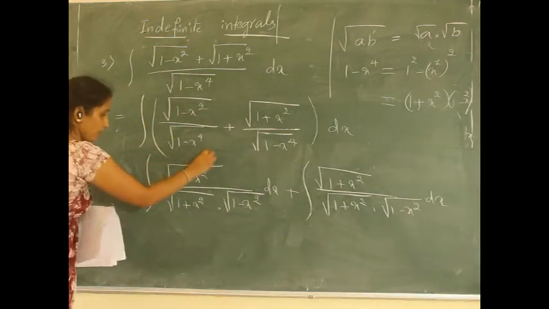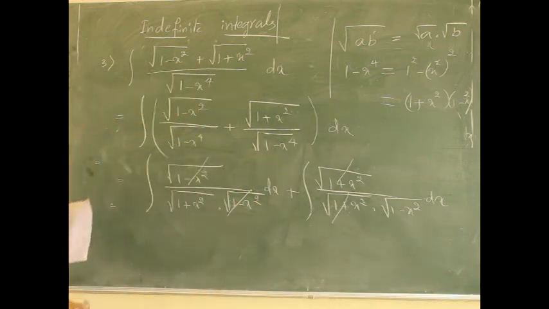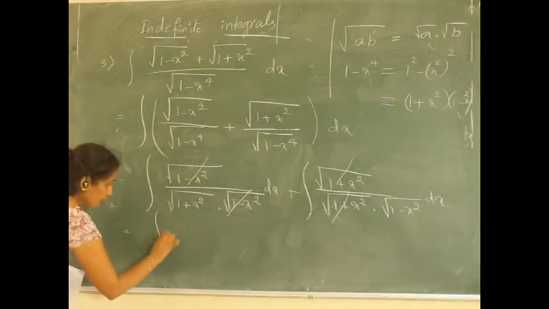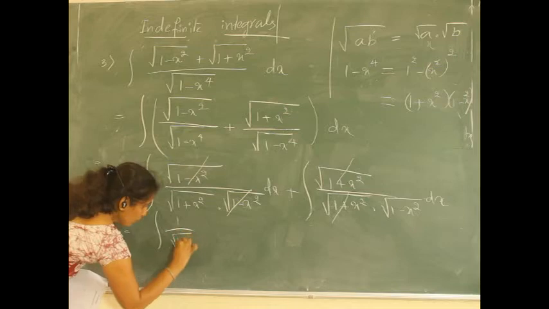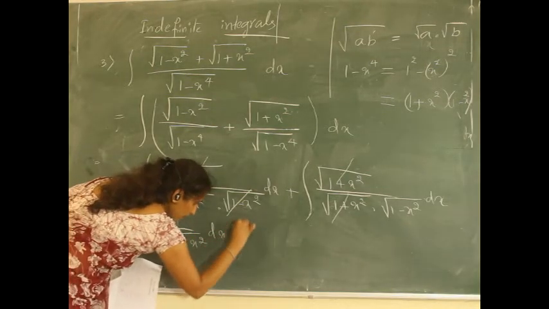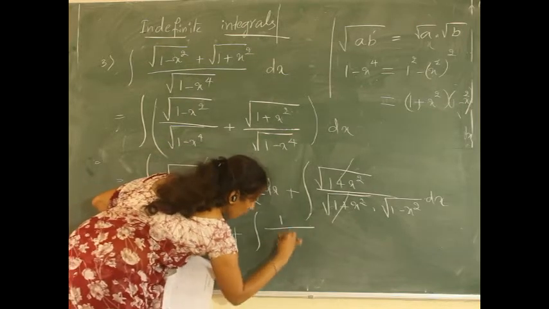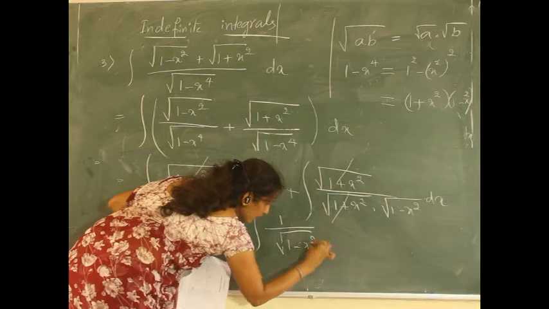So 1 minus x square here we can cancel, and here 1 plus x square can be cancelled. So this is equal to the integral of 1 by root of 1 plus x square dx plus the integral of 1 by root of 1 minus x square